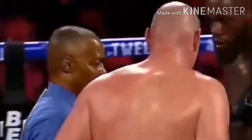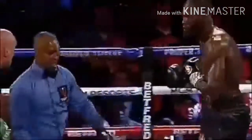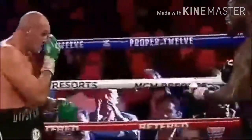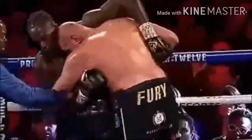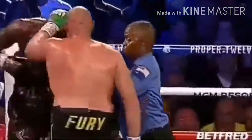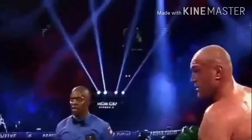Stop. There we go. Both guys have to watch their composure. Deontay has to watch his composure, make sure he doesn't get all radical and all bent out of shape. He's got to keep his boxing position, his legs under him, and his hands up. Work out, work out. Even all this hugging and grappling on the inside, it takes its toll. Advantage bigger man always. Good counter from Tyson Fury. 4 rounds in the books, and Tyson